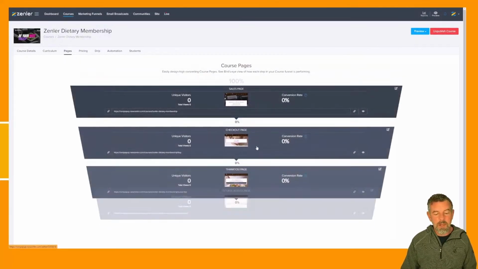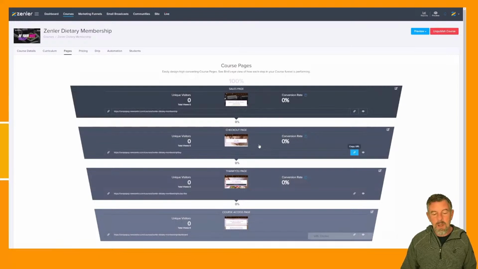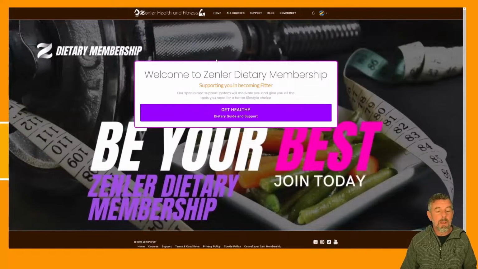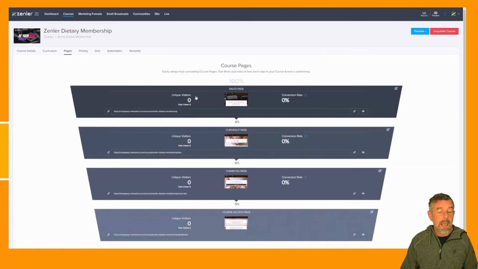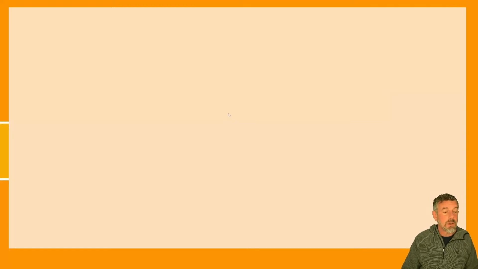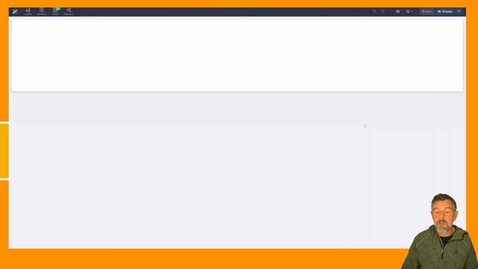I'm in pages here. All I'm going to do is take the checkout URL and put it into that button, because that page that you saw here was just generated. I just removed all the content that was there, set a block up, put a button in there, and I'm going to link that button to the checkout page, which I should have done before. So two seconds whilst the page loads,